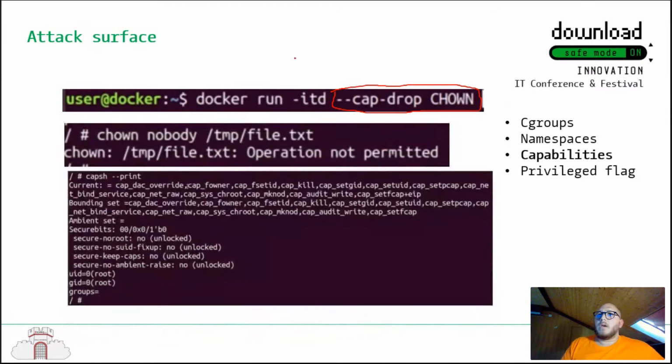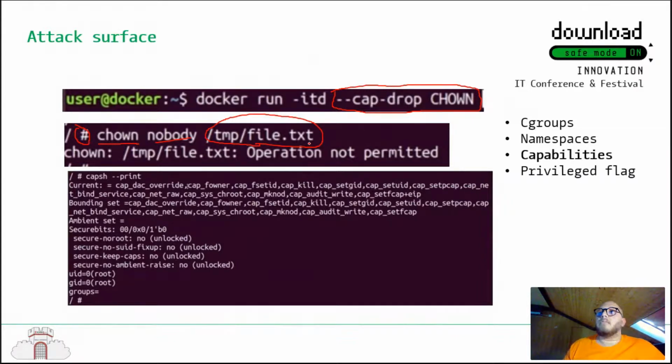So if we run our container, and from root, let's remember that this hashtag means being root in a Linux system, we try to use the chown command, trying to make this file owned by nobody, which means that